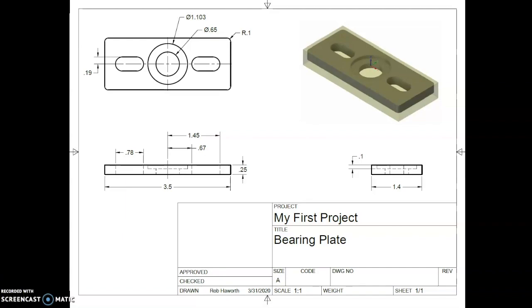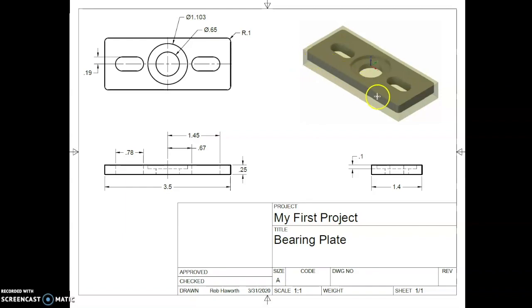So what you see in this particular drawing is that you have this piece of metal that is 3.5 inches long, 1.4 inches wide, and 0.25 inches thick. We're going to be milling it out of a piece of aluminum that's represented by this shadow box in the isometric view. That box is actually 1/2 inch tall, so plenty of extra material here, but it's 1/2 inch tall,